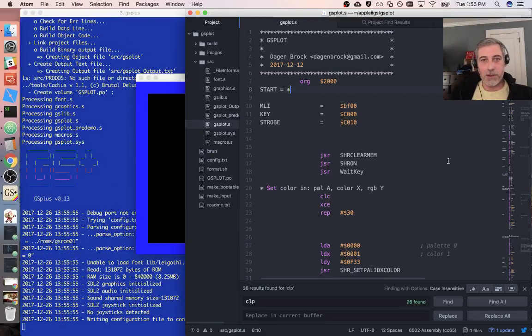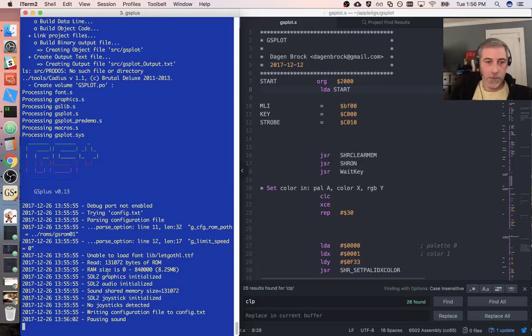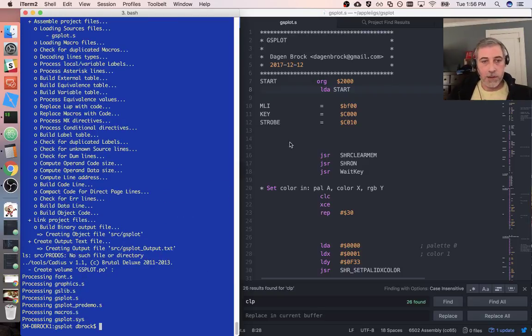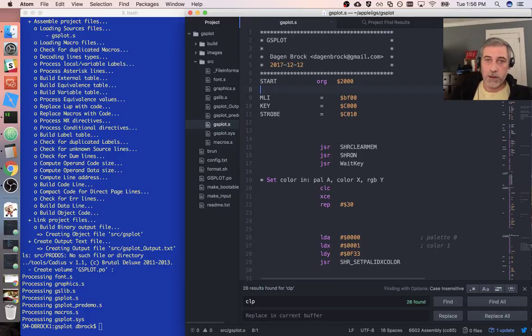Sorry, I was just trying to format that. So another thing I can do is just make it, just to kind of do all the build without running it. So just double checking that, yes, it recognizes start. So I was a little confused there because